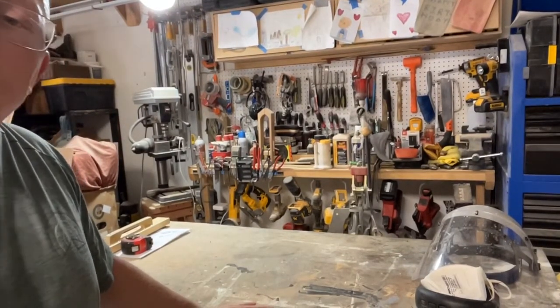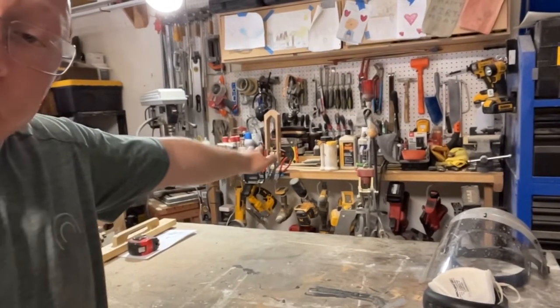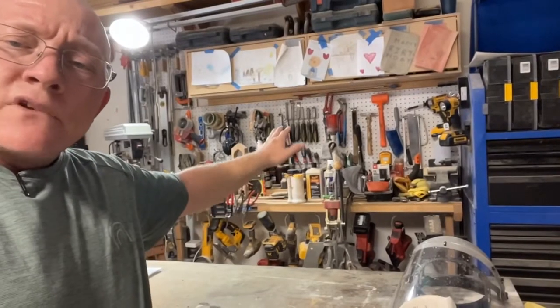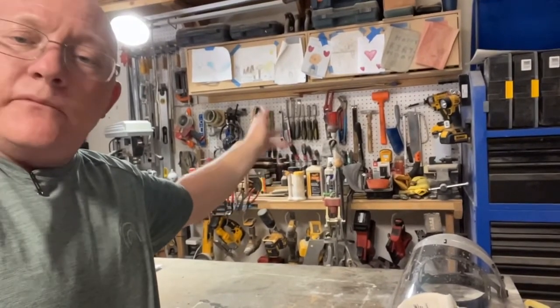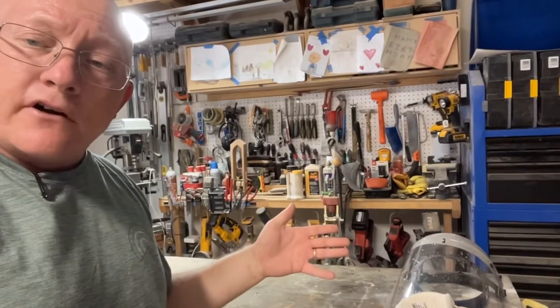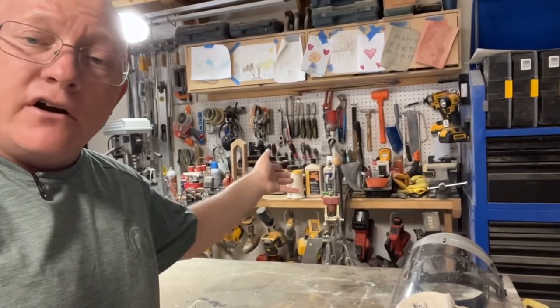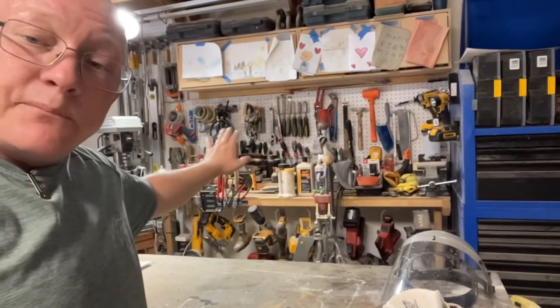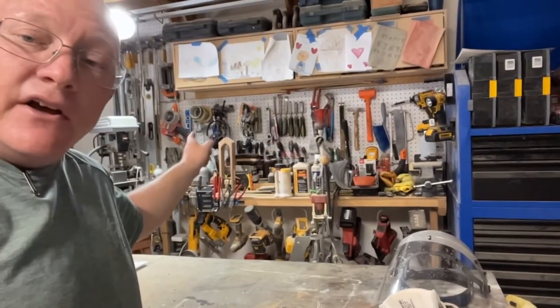Let me talk about, other than building these campers and general woodworking, I do a lot of other projects. I mean, you guys have seen I do leatherworking. I'll pretty much do all of the basic automotive maintenance and repairs on my own cars, and general household use. Though this probably looks like a mess to a lot of you,